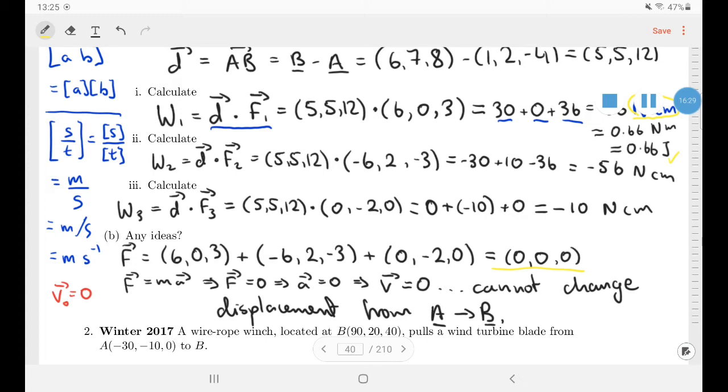Now, there could be other forces that give and take energy, but that's what the question says. There has to be another force. I think anyone who basically just noticed that the force of 0 is getting the marks there. Okay,